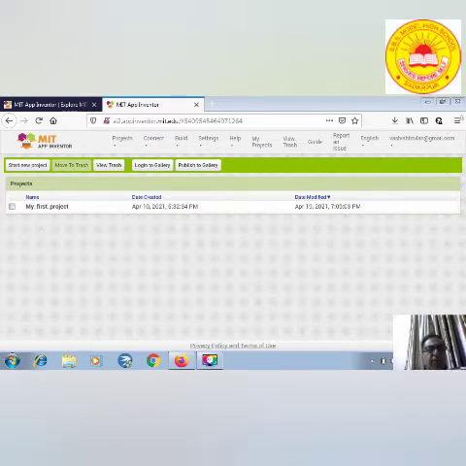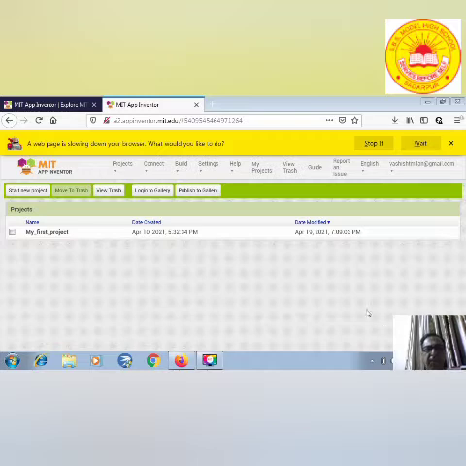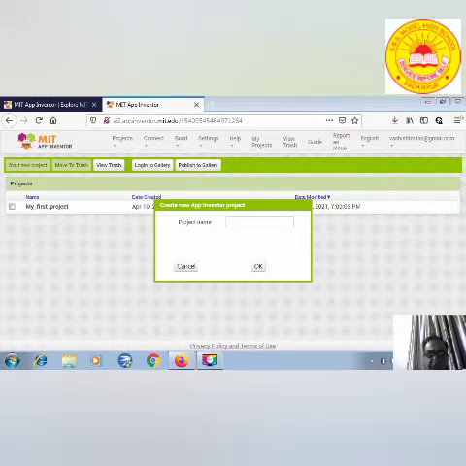Now our MIT App Inventor web page has been opened. Click on Start New Project. The Create New App Inventor project window has been opened. Write the name of your project which you want to give.